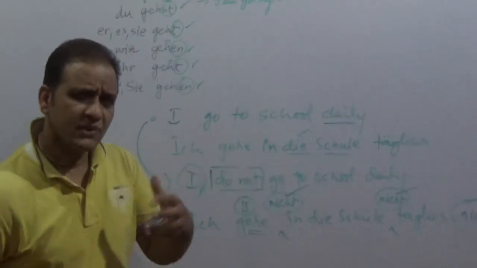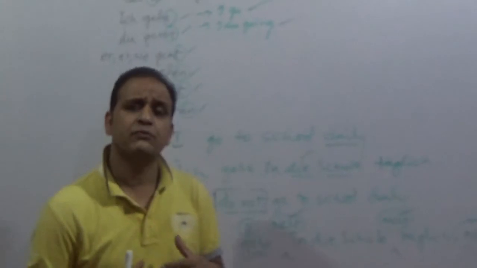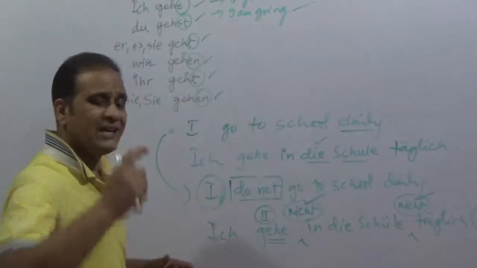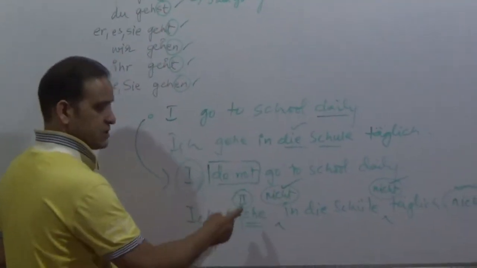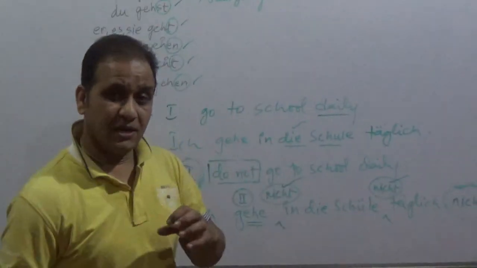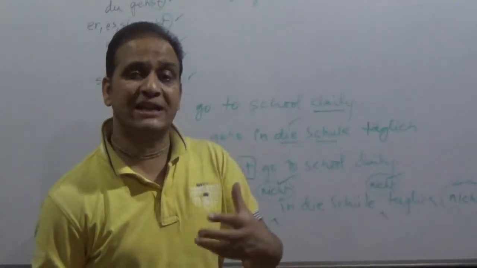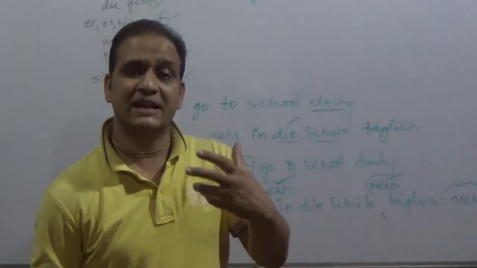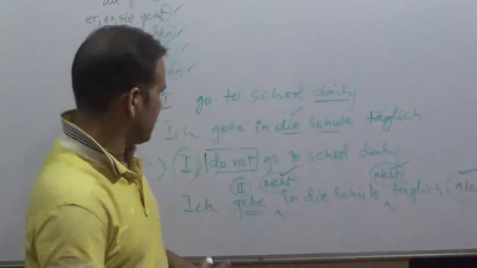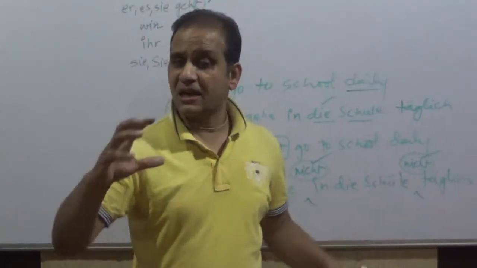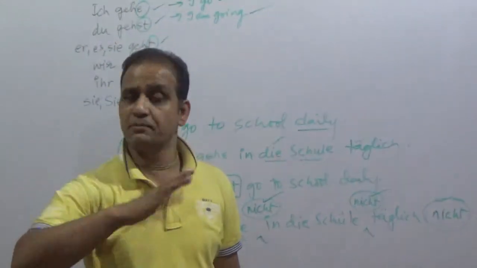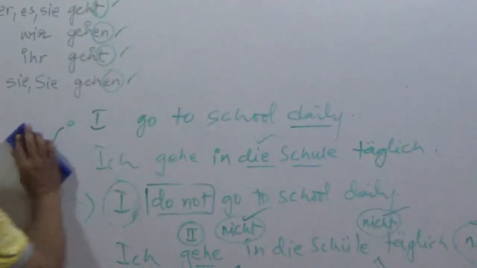So how can we make the verb negative? In German, we will just use the word nicht after the verb, and that's all. So you will not go by literally, sir, what is the German for do and what is the German for not. In English, actually, we take the help of an auxiliary verb, a helping verb, to make a sentence negative or interrogative, like do not, like does not. And in German, this concept of auxiliary verb doesn't exist. The concept of verb exists, that's all. Simple verb.